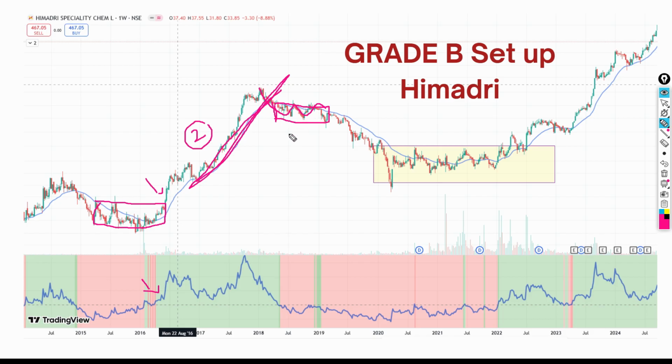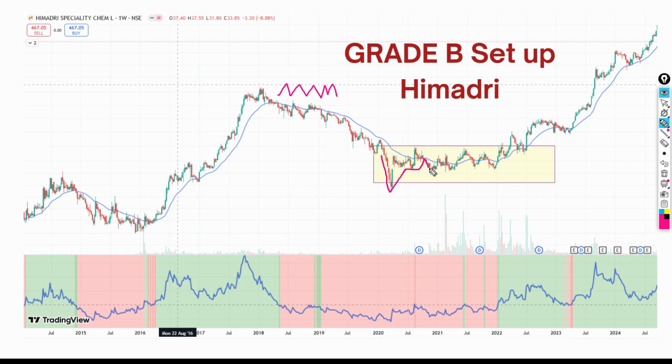Don't look for very conventional stage 3 structures. If you are a newbie, you will be looking for a perfect stage 3 like this. Okay? Don't look for those conventional structures, because in reality, they are very rare to appear. Even here, you can't say that this is a proper stage 1, because the low is here and then the stock goes. What you have to understand is that the stock is in consolidation mode, and then it finally breaks out. When it breaks out, you have to look whether the volumes are high, whether the RS is high. That's it. That is the triple confirmation pattern, which I already